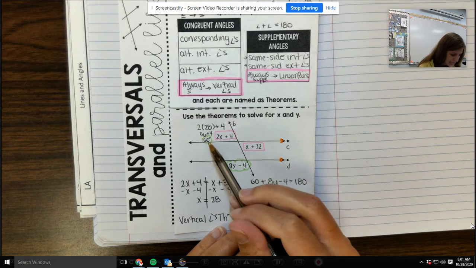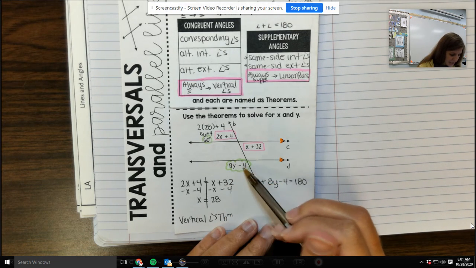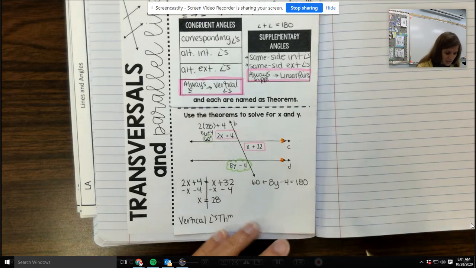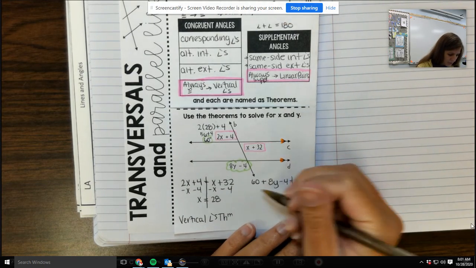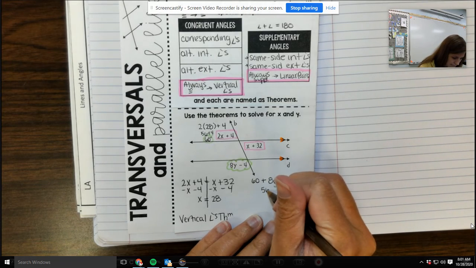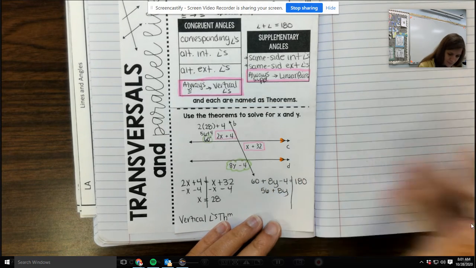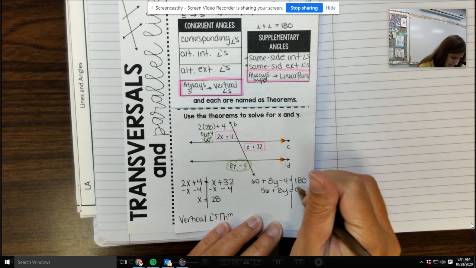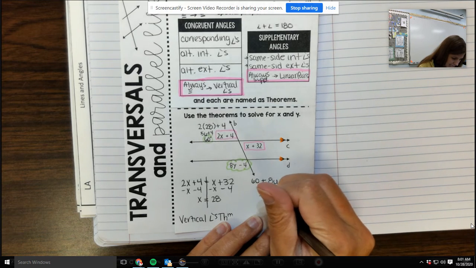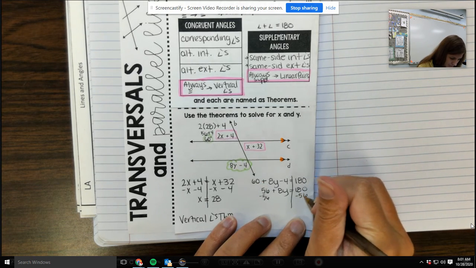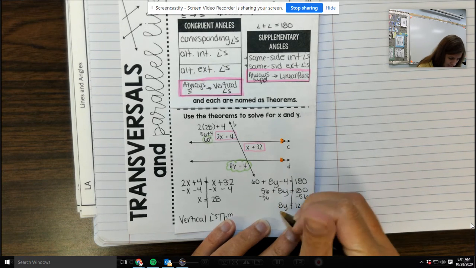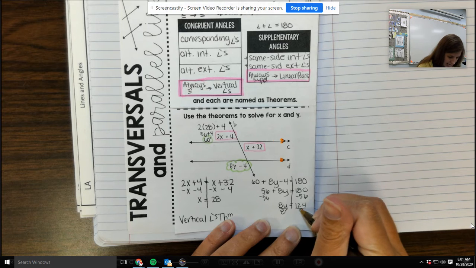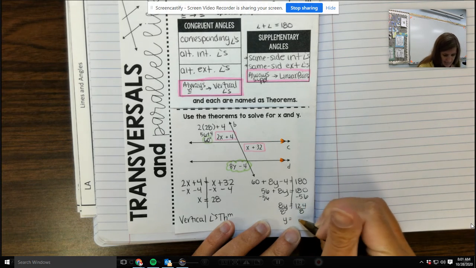Again, I would do that because 60 and this angle here are same side exterior angles, which are supplementary. Over here, I would combine like terms. I'd have 56 plus 8y. I'd subtract the 56, and we get 8y equals, let's see, 124. And divide by 8. So y is